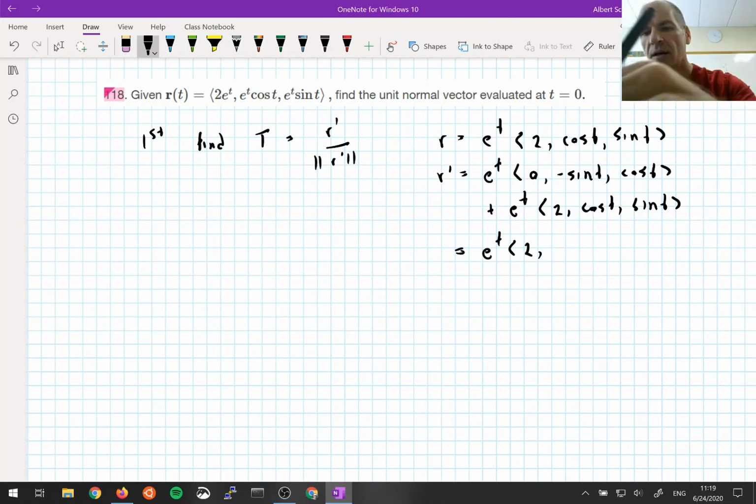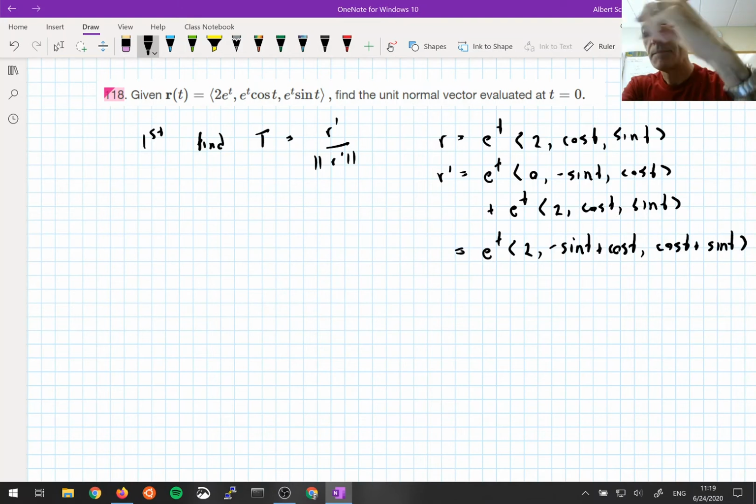So I have 2, and then I have minus sine t plus cosine t, and then cosine t plus sine t. All right, now I have to take the magnitude. Once again, we can take advantage of some identities that we know about magnitudes. If we have a scalar function times a vector, then the magnitude of that vector is the absolute value of the scalar function times the magnitude of the vector, which is 4,